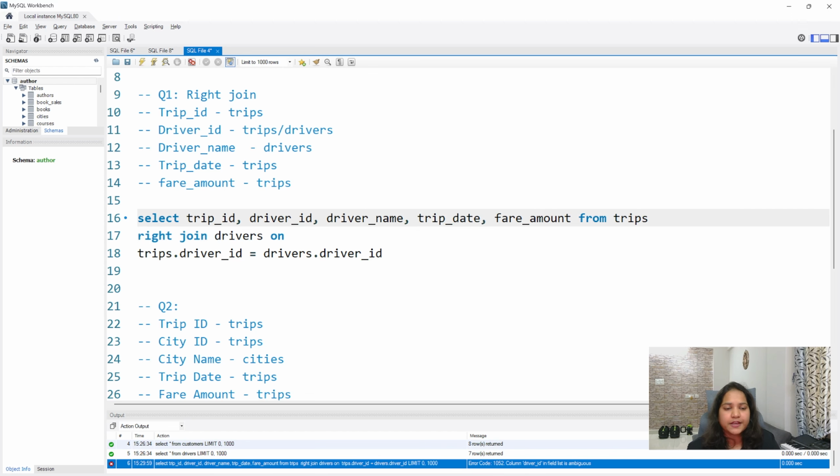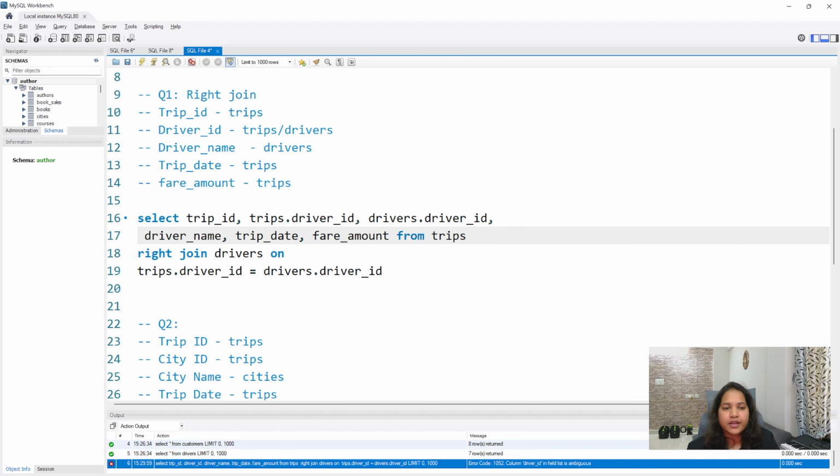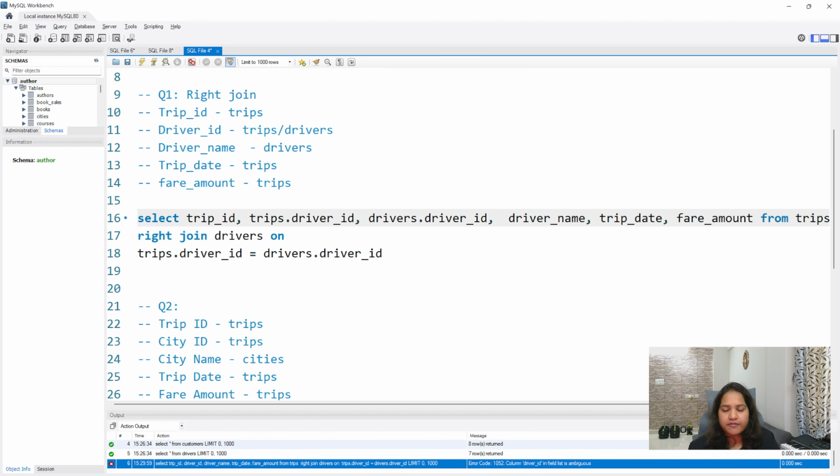In that case, just like you did here, you have to keep trips dot or drivers dot. So now I'll put both of them and show you how it will be: trips.driver_ID and drivers.driver_ID. So for driver ID, I'm taking 2 columns, one coming from the trips table, one from the drivers table. Let's run this now.